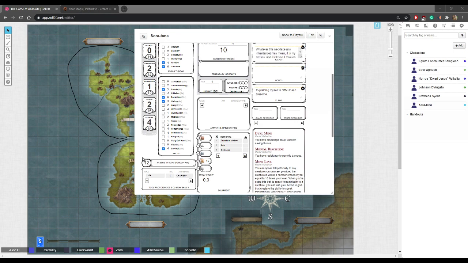I think it might have been proficiency in thieves' tools that I got as well. Oh no, I had investigation, and then I had a proficiency in thieves' tools from my class. Yeah, because my class gave me 4 skills, and my race gave me 2. And then my class also gave me a double bonus for saving throws